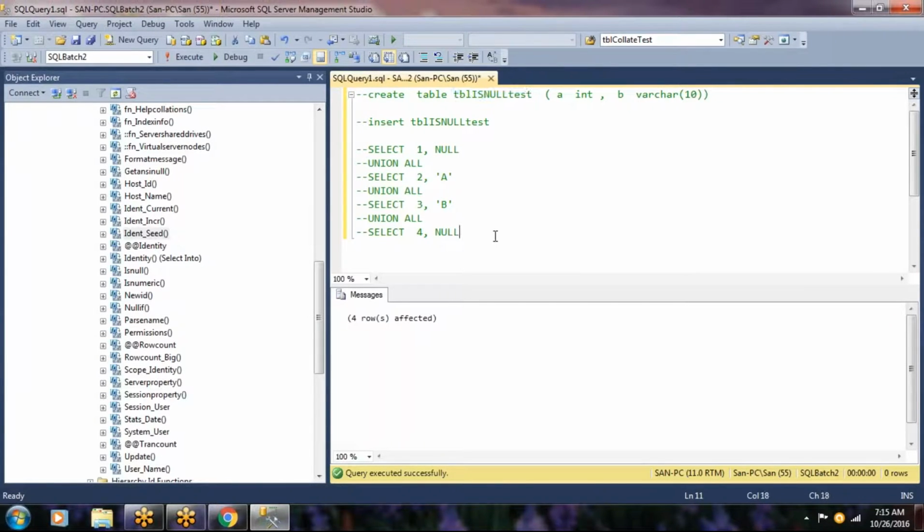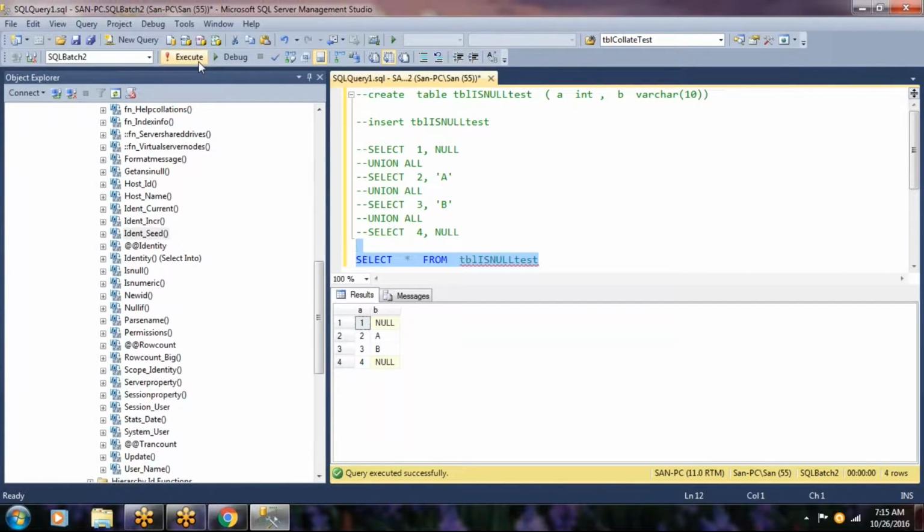If you see, there is a null value. When you say null, nothing is stored inside that particular column.